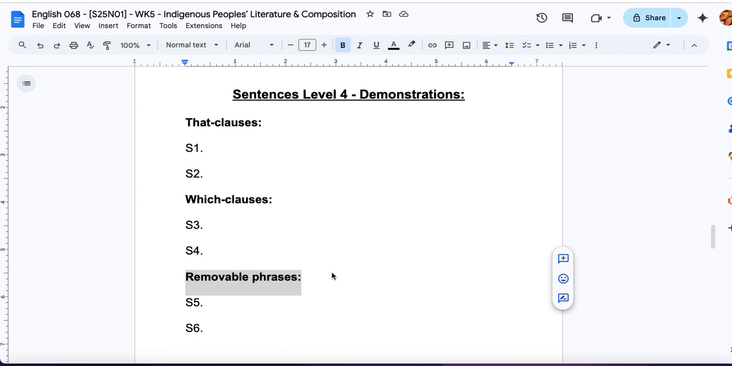So this video is going to compose the demonstration section for sentences level 4. Now just a reminder, we've been learning the different complexities of how to write correct formulas, the correct sentence formulas. And we've just had a video laying out these three new types of sentences: that clauses, which clauses, and removable